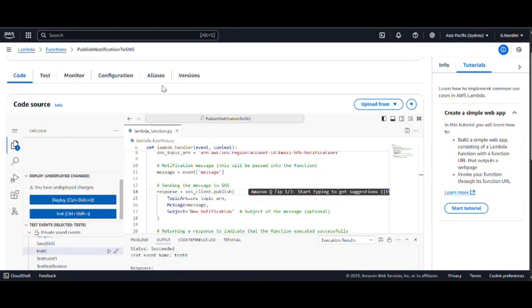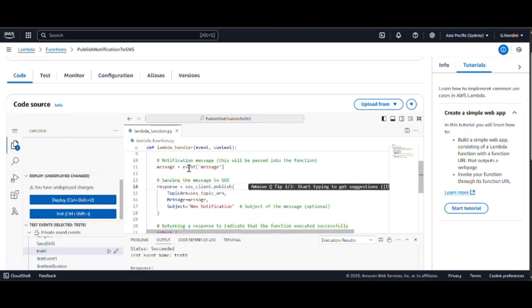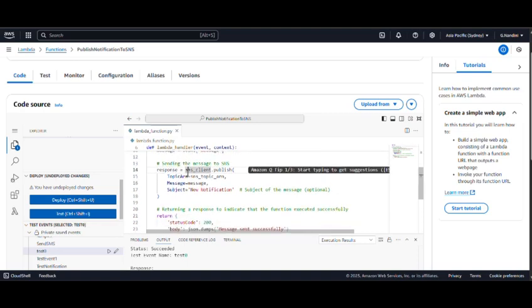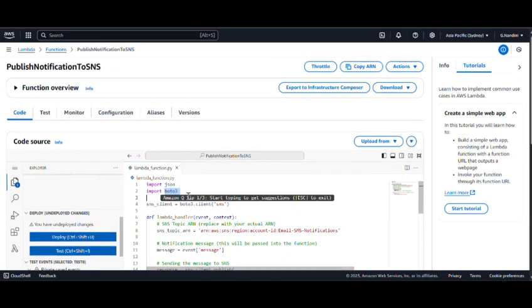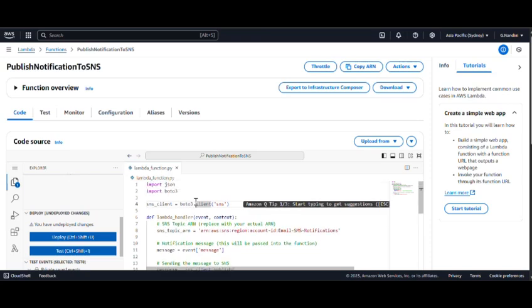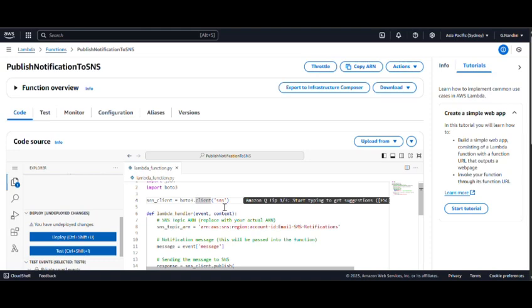In this step, we are setting up the logic inside the Lambda function that will be responsible for sending the notification. So here the goal is to write a Python function that sends a message to your AWS SNS topic. In this Lambda console, you will write the function that uses the AWS SDK, that is Boto3, to interact with the SNS. So here in this code, you can see that SNS client equals boto3.client. This will initialize the SNS client using the AWS SDK, and it will allow the Lambda function to interact with